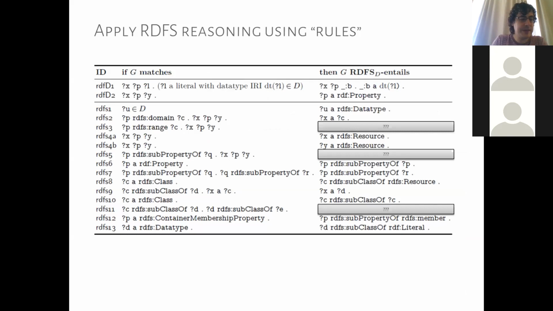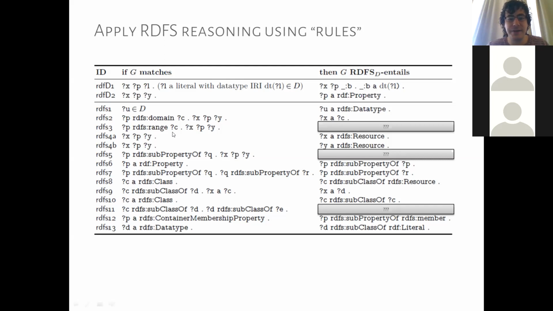Okay, so how specifically do we do reasoning? How do we apply reasoning? There are a number of ways we could apply reasoning, but the standard recommends to simply use rules. We said at the start that we're not going to use rules, we're just going to use RDF graphs. But the idea is that we can then define these sort of meta rules